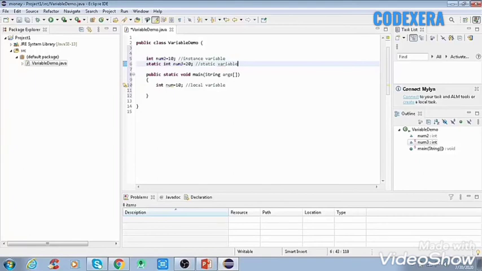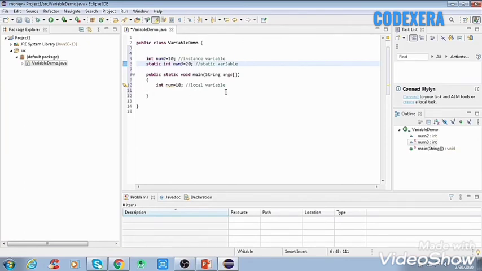So now we have discussed variables and their types, how to use these variables, and why a variable is required. By using a variable we can use it many times, as much as we want, in our program.